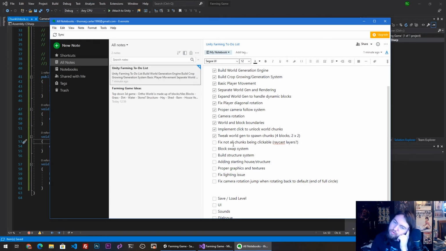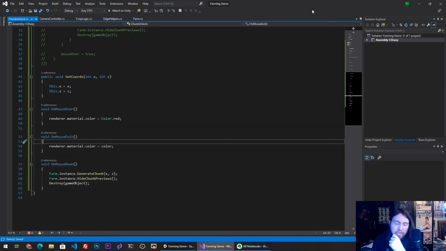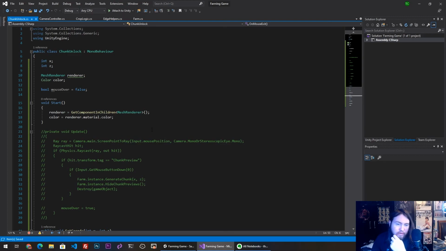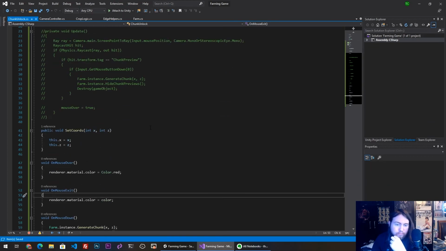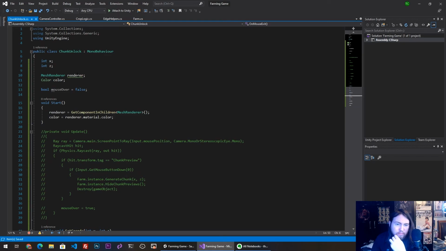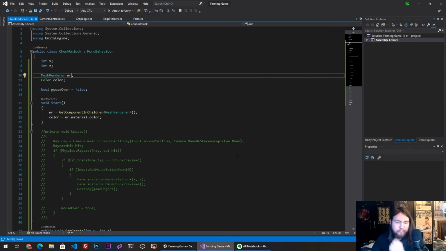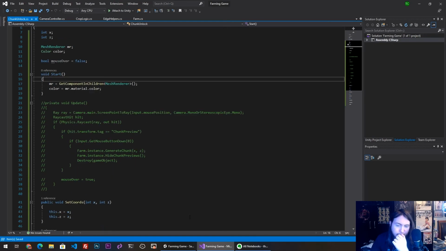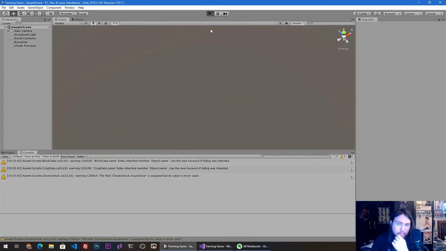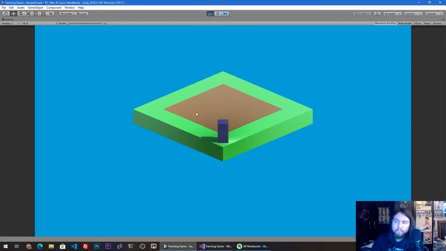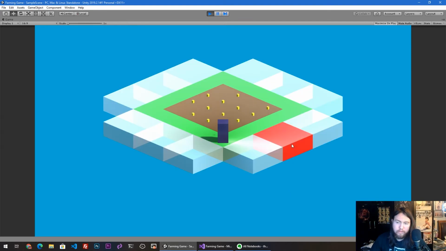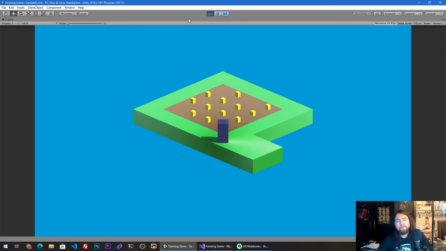Block swap system, structure system and stuff. So swapping blocks, I think, is probably the next thing we want to have a look at. Okay, let's just call it MR because it's going to complain otherwise. MR. Okay. Make sure it still works. Yep. Okay, so